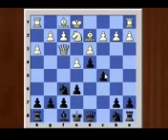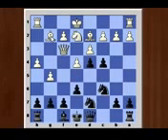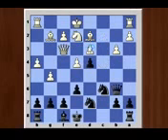c5, g4, knight c6, g5, attacking the knight, knight d7, h4, c4, bishop g2, queen b6, b3, c captures d3 and c captures d3,